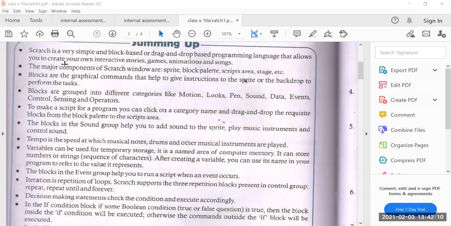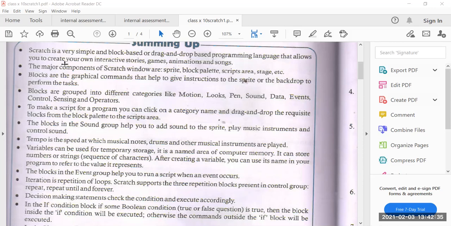The main components of the Scratch window are sprite. Sprite basically is a character in Scratch that can be moved. Script, a collection of interlocked blocks. Script area, where you can define your program.